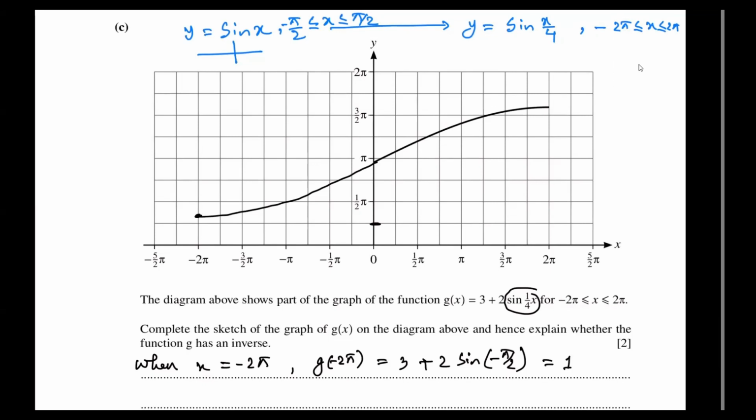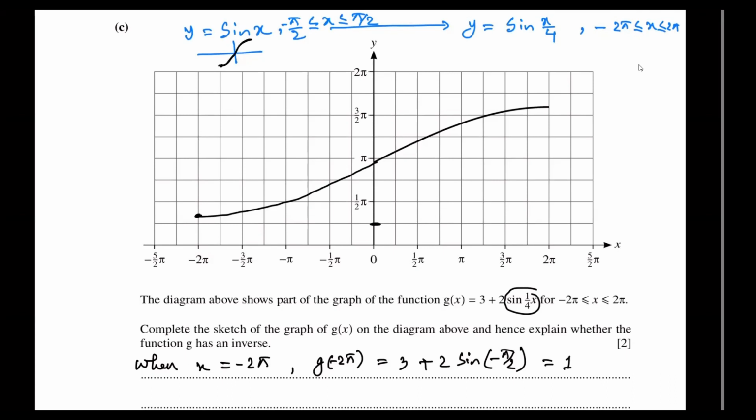That's why, if the domain of the enlarged graph is minus 2 pi to plus 2 pi, then the domain of y equals sine x will be 1/4 of that. That's why we are considering this one. And the graph of y equals sine x from minus pi by 2 to plus pi by 2 is from this minimum point to maximum point. You see, that's why